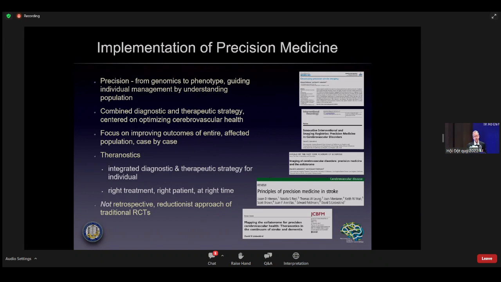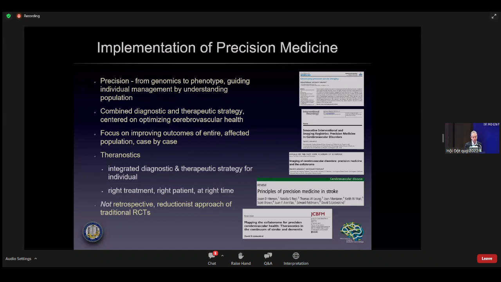In precision medicine, there's this concept of theranostics, which is a combination of therapeutics and diagnostics, where the two are merged together in close combination. Some people refer to this as an integrated or combined approach to diagnostics and therapeutics, with the objective to really figure out which is the right treatment or therapeutic approach for a specific diagnostic pattern. In this case, speaking about imaging in ICAD, what the infarct pattern looks like, what the flow downstream looks like, and what the specific mechanism of the stroke is in that ICAD case.